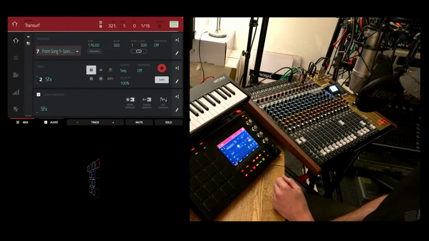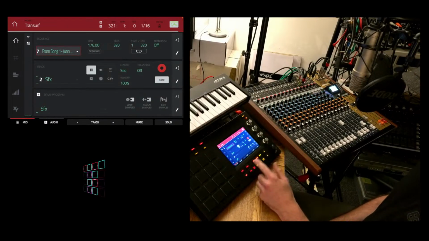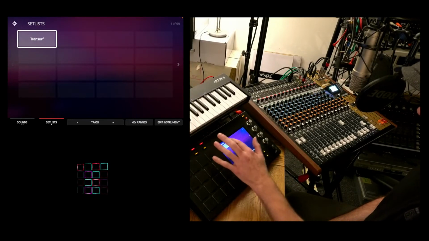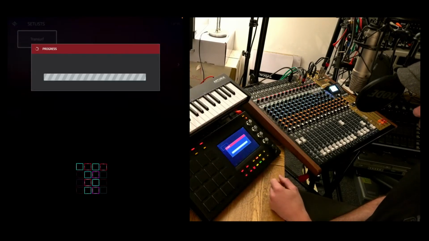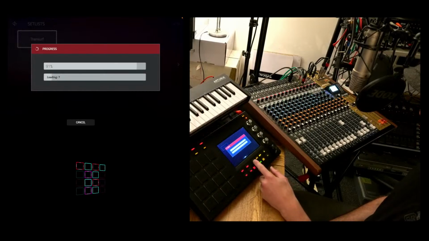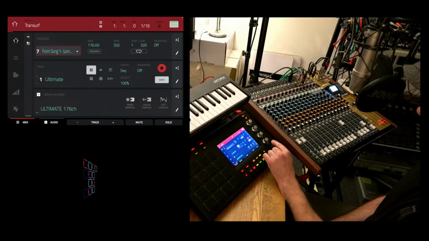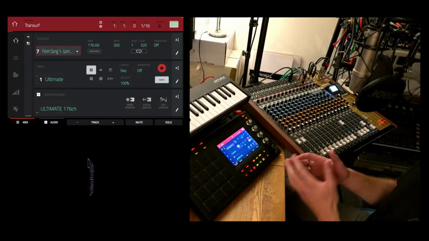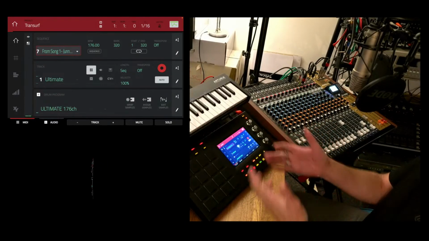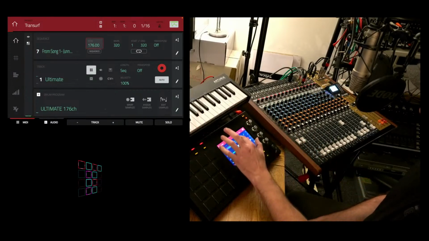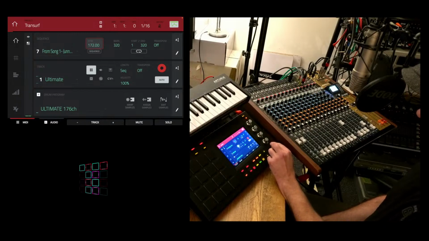Right, so I'm going to reload this project back in because I've adjusted a few things and I don't want it to be like that. So let's just load it back in. And as said, the sequence on sequence 7 is the whole song, which I stitched together using the other sequences. So let's just bring this down to 170,